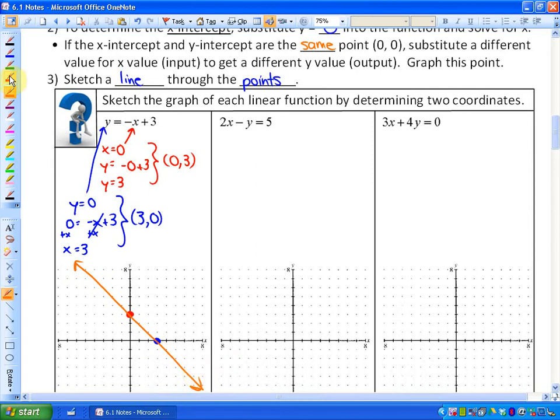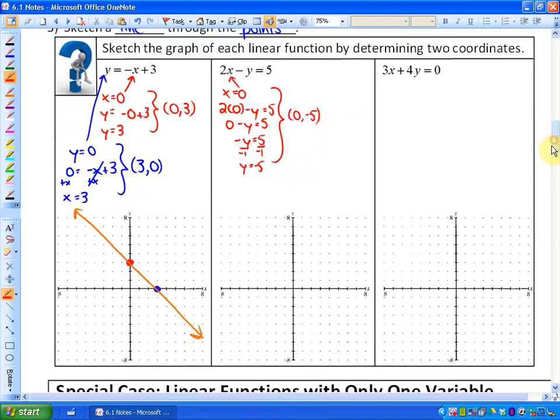In our next example, let's do the exact same thing. Let's find the y-intercept by substituting x equals 0 into the function. So we'll have 2 times 0 minus y equals 5. 2 times 0 is 0. So essentially we have negative y is equal to 5, which means that when we divide by negative 1, positive y is equal to negative 5. So this is essentially saying when x equals 0, y is negative 5,